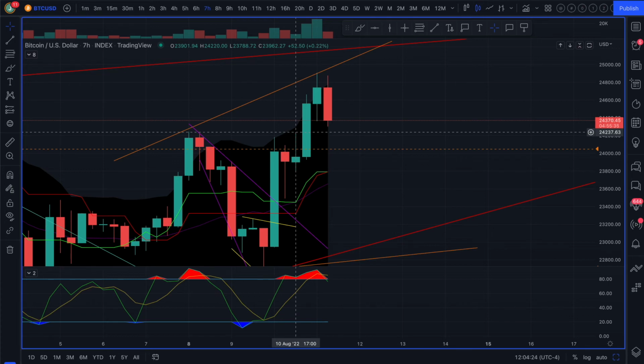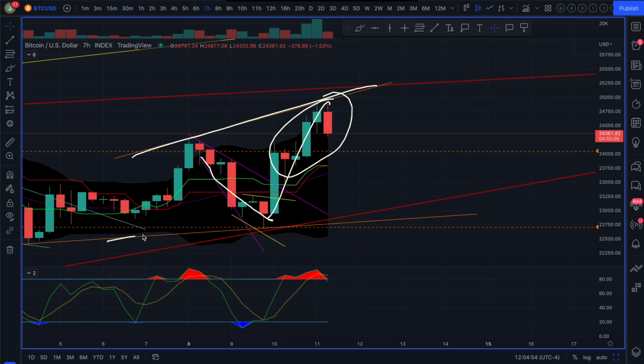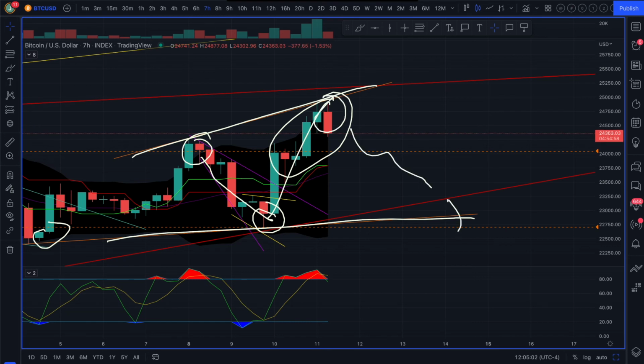So the charts didn't do anything unexpected, well, it was somewhat unexpected with all the bearish signals that we've had, but it didn't violate any laws. It didn't violate any rules. It continued to do what it does. You just had to react to it, because what you may have called back here, this continuing to come down, wasn't the case. It came down a little bit and then shot up, and that may not have been seen, but you still have an upward broadening wedge in the orange. You still have your 1, 2, 3, 4, and then it's going to work its way down and break out. So you're still following the rules.